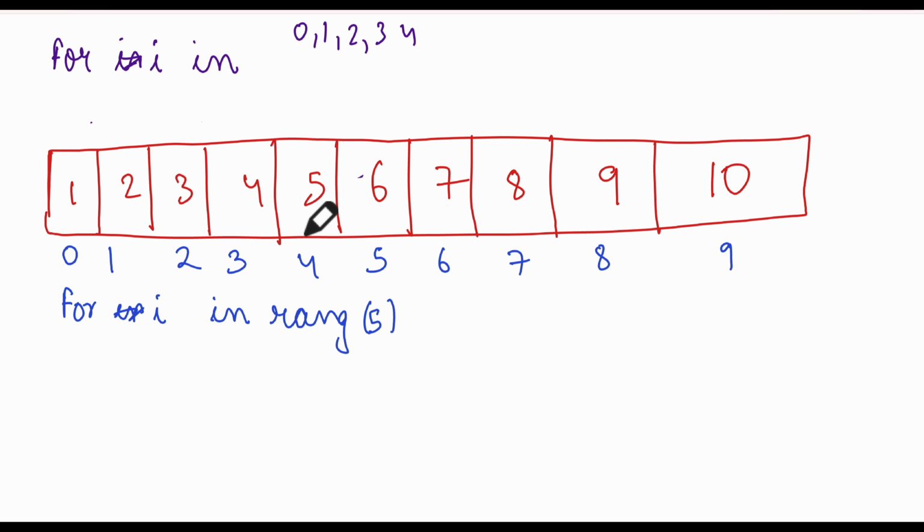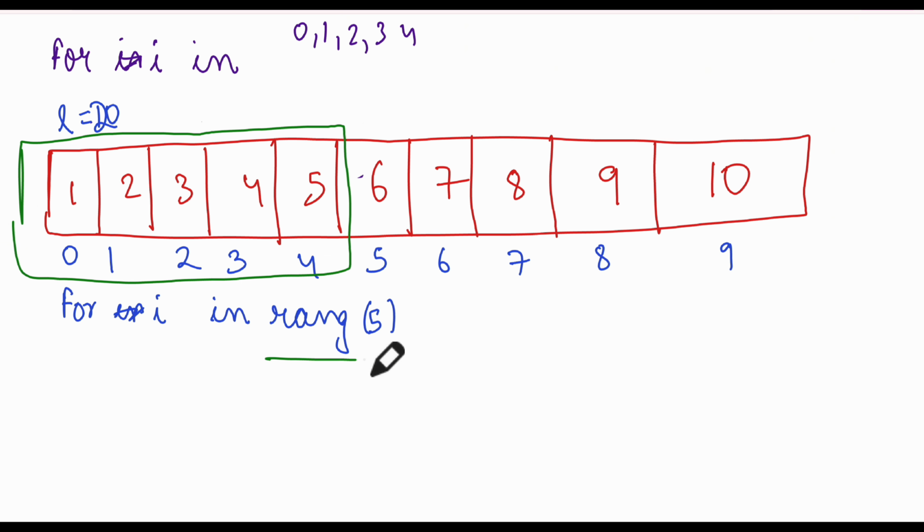So what is happening now? Let us say this list has a size of 10 right now. If I increase it to 20, it does not matter with the size of the list. I am only printing the first 5 elements here. When I write range 5, I'm not saying iterate over the whole length of the list. I'm just saying go over the first 5 elements and print them. So it will be printing only these numbers 1 2 3 4 5,